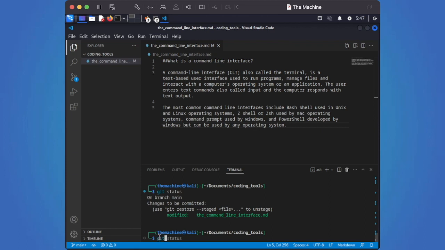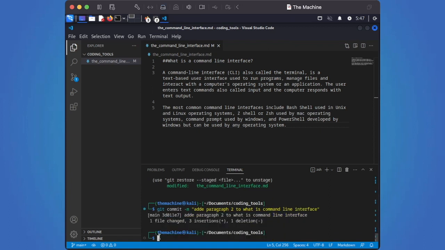So we're gonna do git commit, and then we're gonna use the message, and then we're gonna now say added paragraph 2 to what is command line interface. And if we do that, we can see